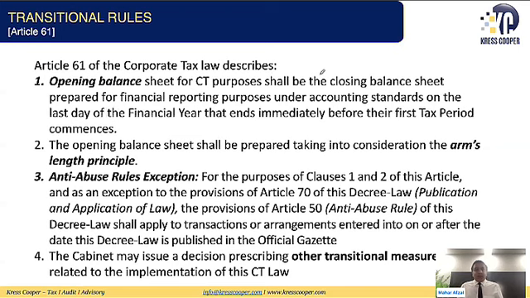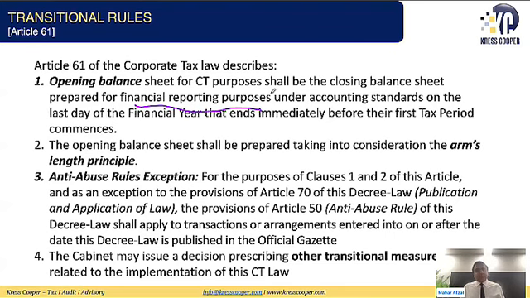Article 61 of the UAE Corporate Tax Law deals with the transitional provisions. There are 4 clauses in this article. The first clause is opening balance. What the law says exactly: the opening balance sheet for corporate tax purposes shall be the closing balance sheet prepared for financial reporting purposes